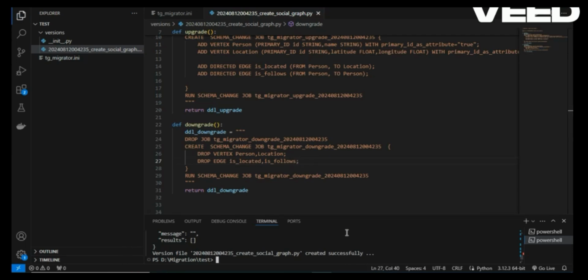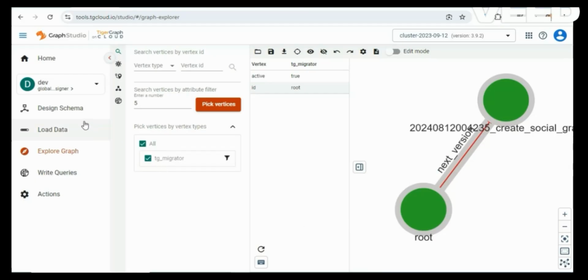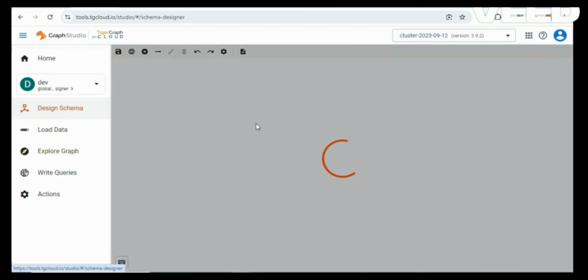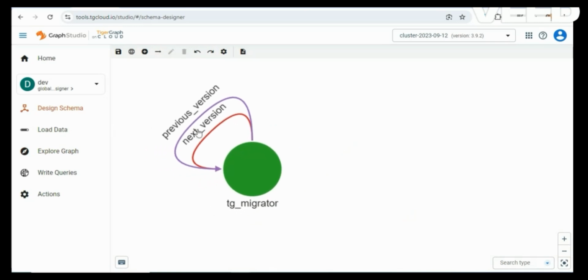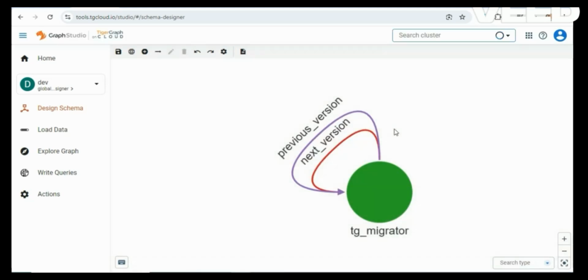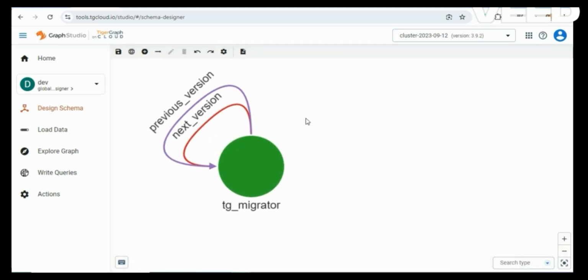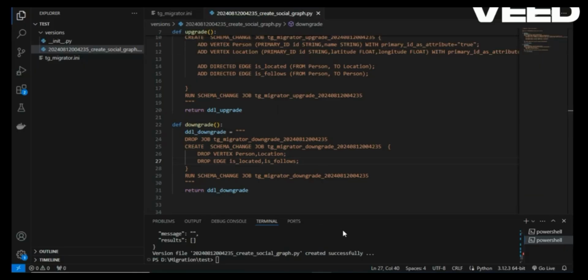Okay, so before running the upgrade, I want to show. We'll see here there is no person vertex and location vertex. If I reload it again, you can see there is no person vertex as well as location vertex. So when I do tg migrator upgrade all,